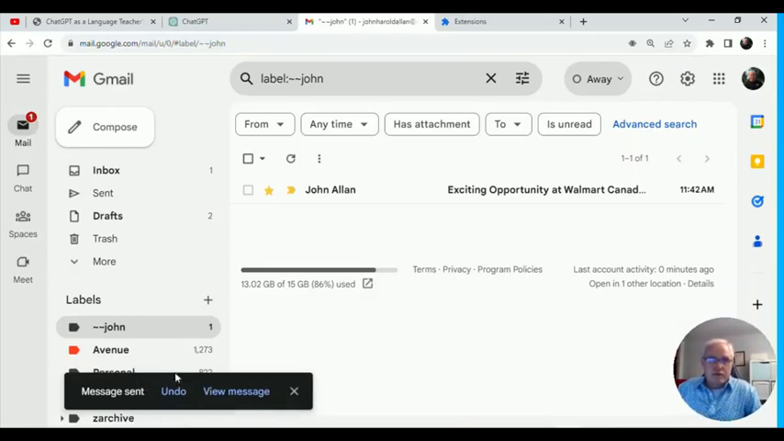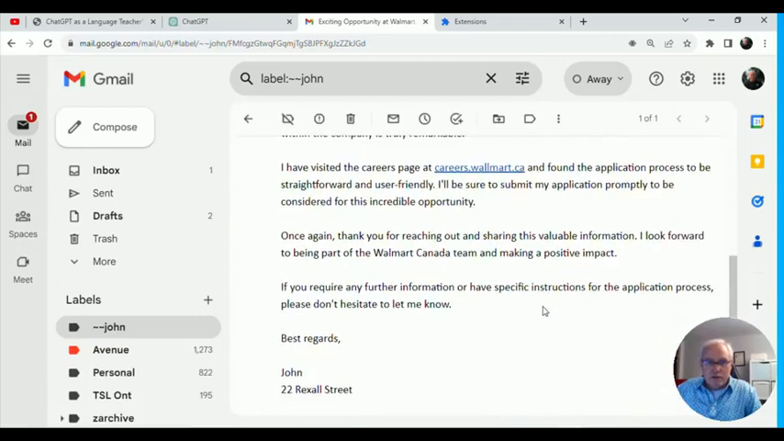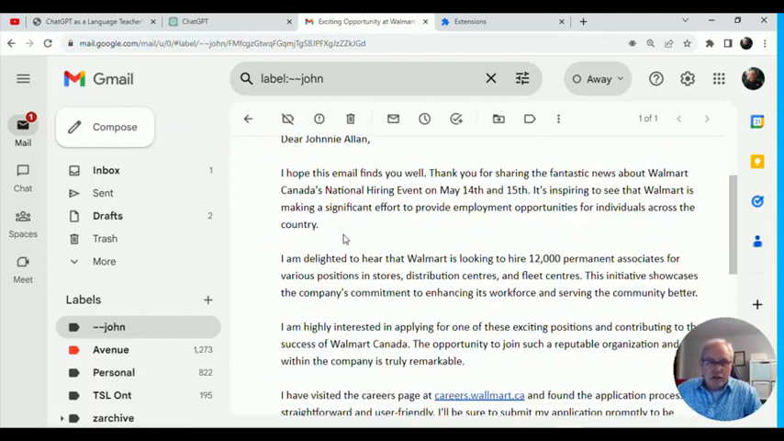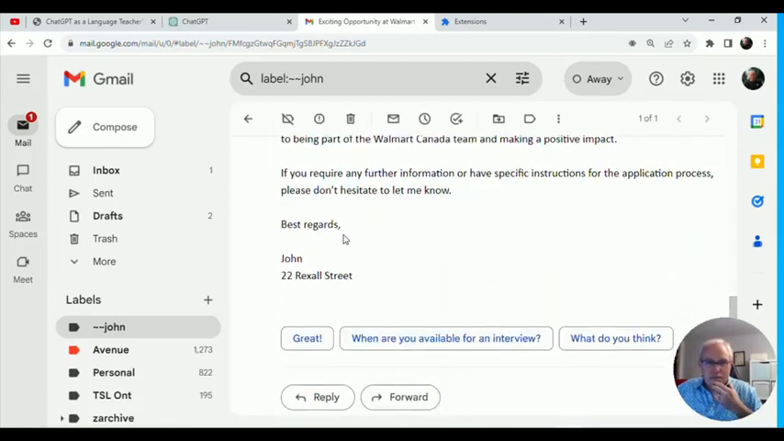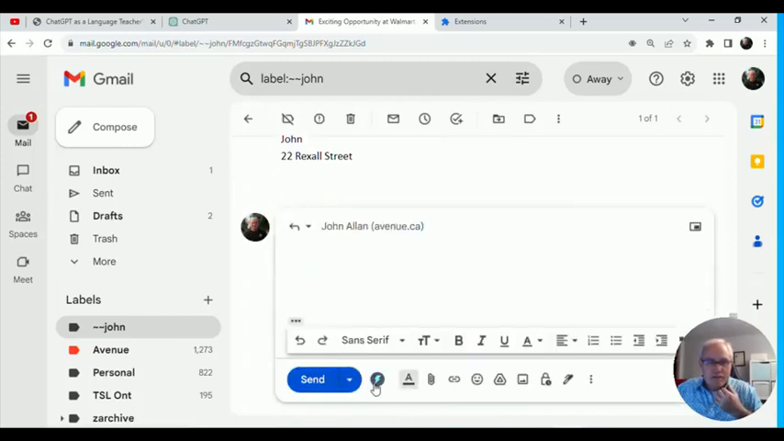So the other thing that this extension does is if you have an email, so I have an exciting opportunity at Walmart, what it can do is it can help you respond quickly to emails. Now you got to be careful here, of course, because people take the time to email you things, and if you want to reply, you got to make sure you edit this. So it says they're going to have a national hiring event, but I know that I already have a job coming up. So what I'm going to do is I'm going to click on reply, and there's the ChatGPT extension icon,